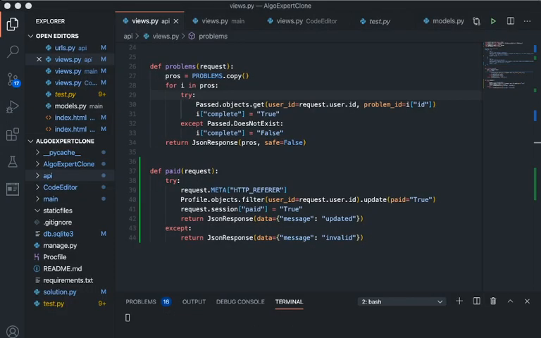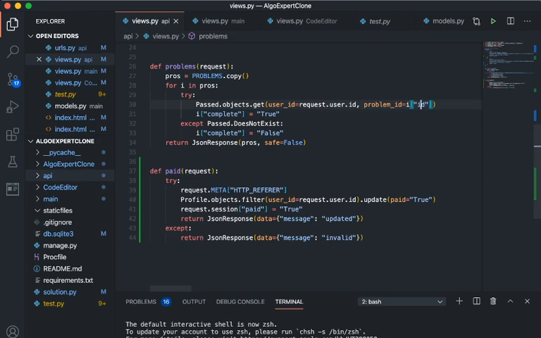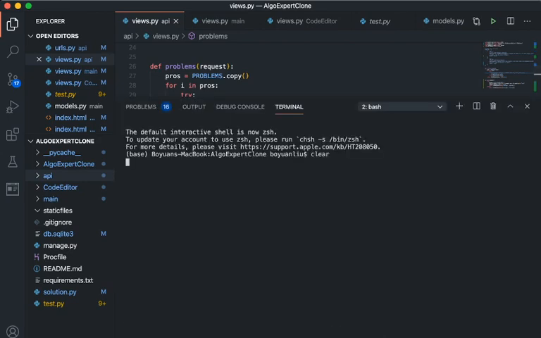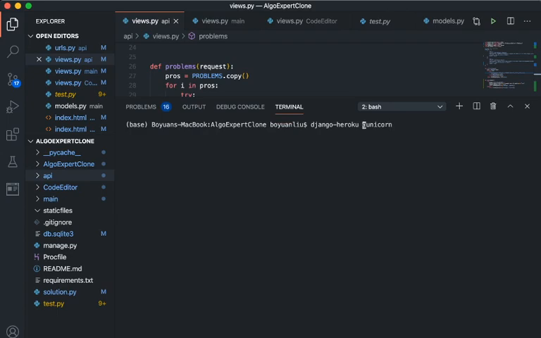The first thing is to type pip or pip3 install django-heroku, and if you haven't, gunicorn as well. I'm going to make the terminal bigger. So in the terminal, type pip or pip3 install django-heroku and gunicorn. And once you have that set up,